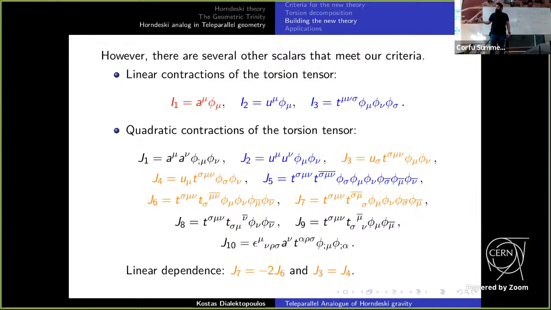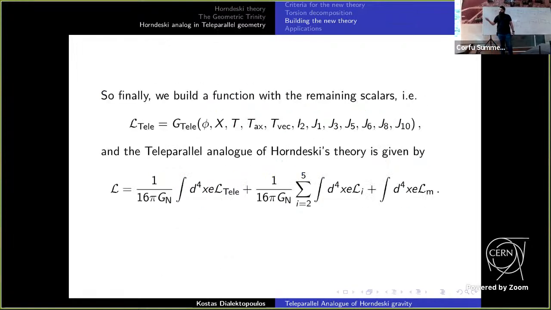So we have some linear dependence, for example, G6 and J6 and J7 are related like this. J3 is equal to J4. This J2 is just quadratic of I2, and this J5 is quadratic of I3. So we end up with a function with only the independent scalars of the new framework, and we have the old Horndeski Lagrangian plus this new